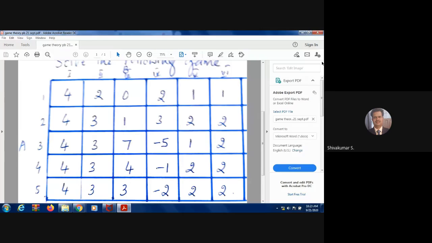Now column 1 is deleted and column 2 is deleted. Check for any other columns dominated by other columns. Remember, you are deleting the maximum column values. Column 6 is dominated by column 5. Column 6 values are 2, 2, 2 and column 5 values are 2, 1, 2, so they are equal or less. That's why column 6 is dominated by column 5. So delete column 6. Remember, you are deleting the maximum values. So column wise, you are deleting column 1, column 2, and column 6.